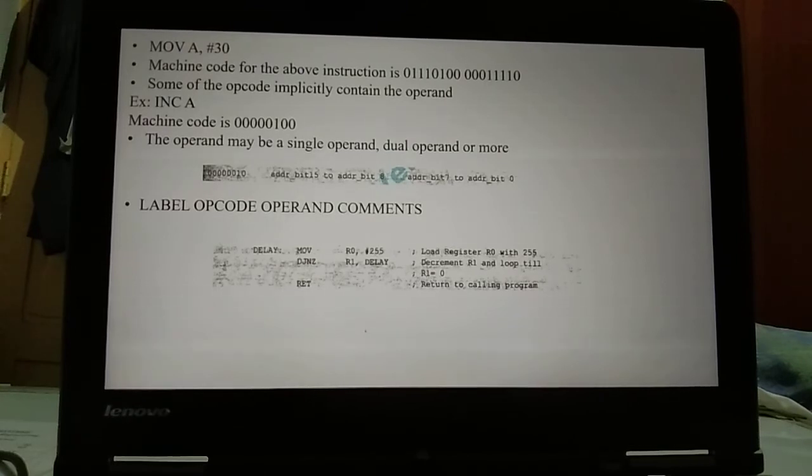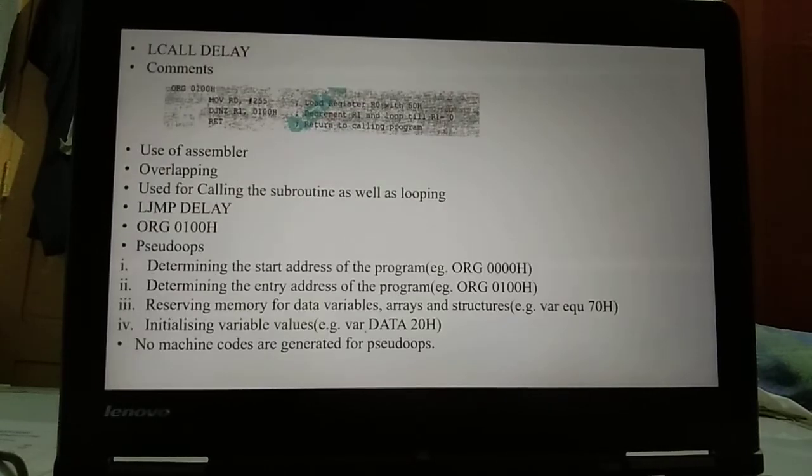For a label, there are standard rules. It should start with a character and it can contain characters, numbers and underscore. Usually the main routine starts with address 0000H. For the subroutine we use a label.